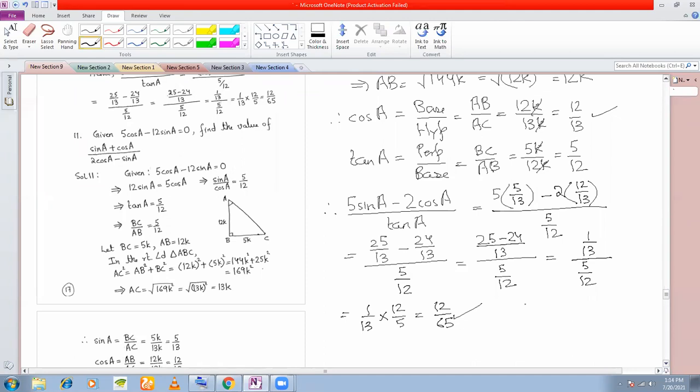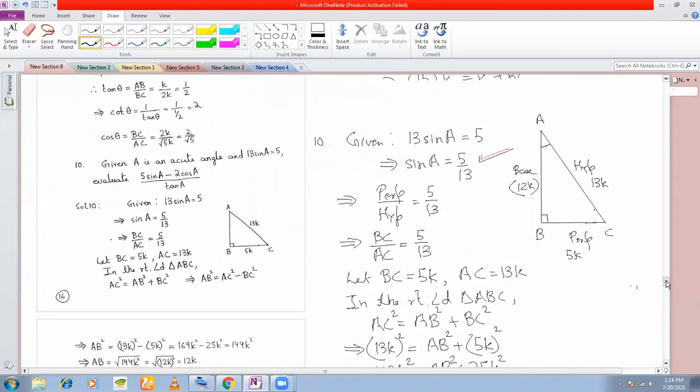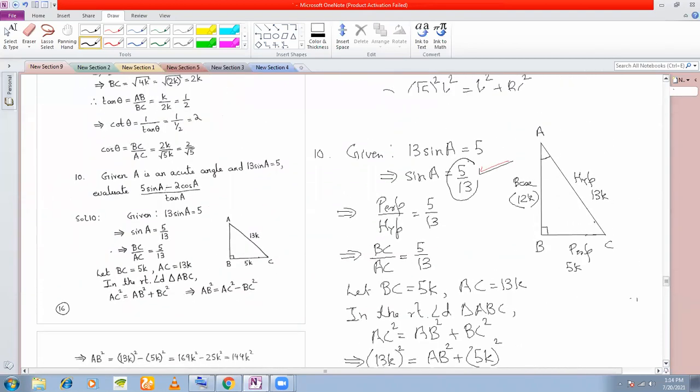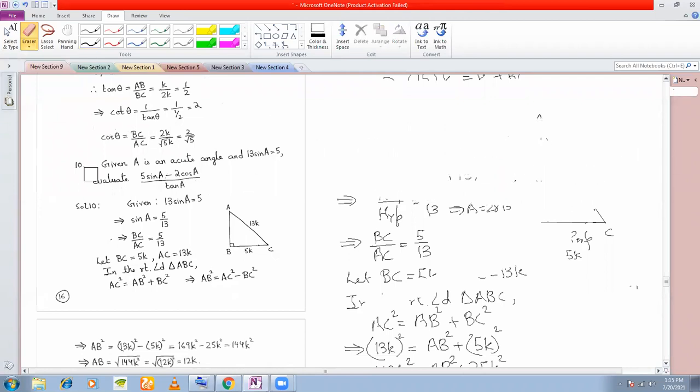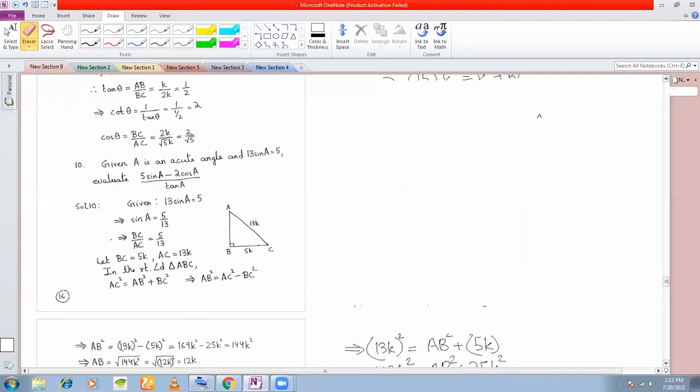Okay, sir. See, later on in class 10, what you will see here is that sine 5 by 13, if you convert to decimal, say 0 point something, then from the tables you can check the value. From the tables, 5 by 13 might come out to be say 28 degree 13 minutes. Then you can say angle A is 28 degree 13 minutes. We'll see the next problem also somewhat in this manner, but because we don't know the standard values, we will not do the problem in the normal manner. We will do it in a little roundabout manner.